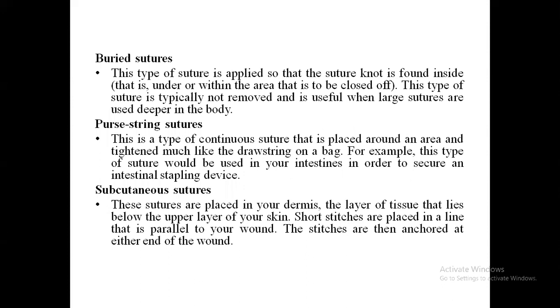And then we have purse string sutures. Purse string is nothing but a type of continuous suture, okay? And sometimes when we have internal suturing, or internal organ suturing, like in intestinal obstruction or some other kinds of cases, the type which is used is purse string, okay? Why? Because it keeps that area tight, okay? The tightening which is provided by purse string is very good. That's why we use it in internal organs, okay?